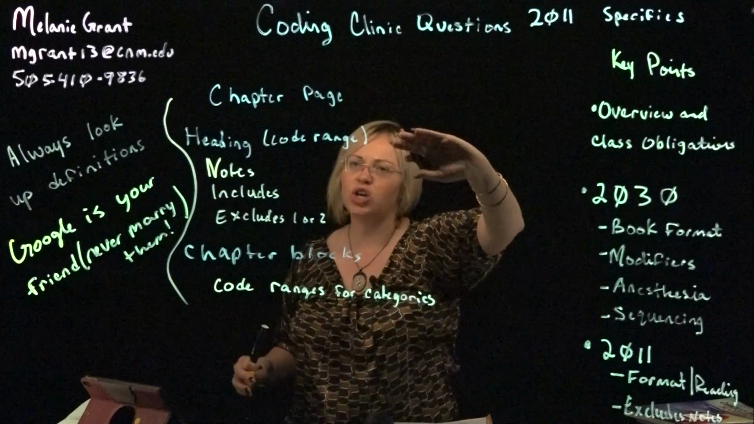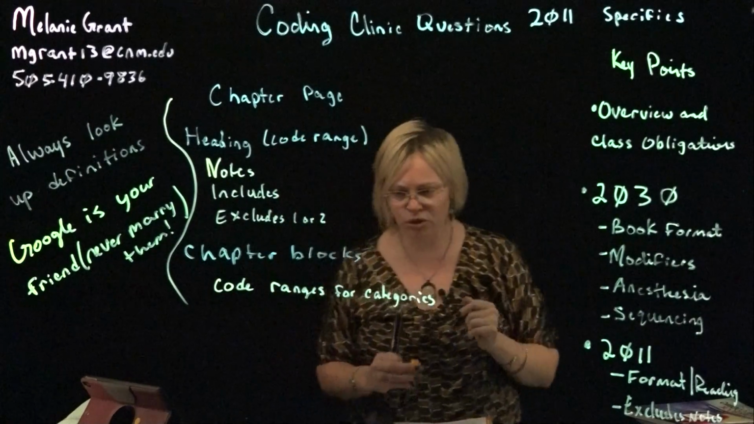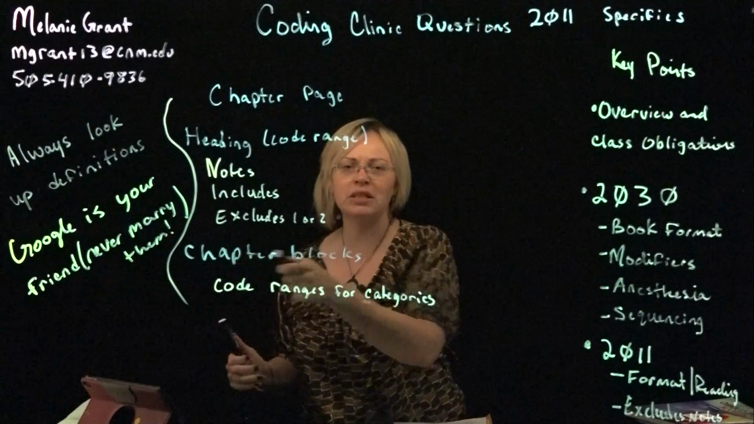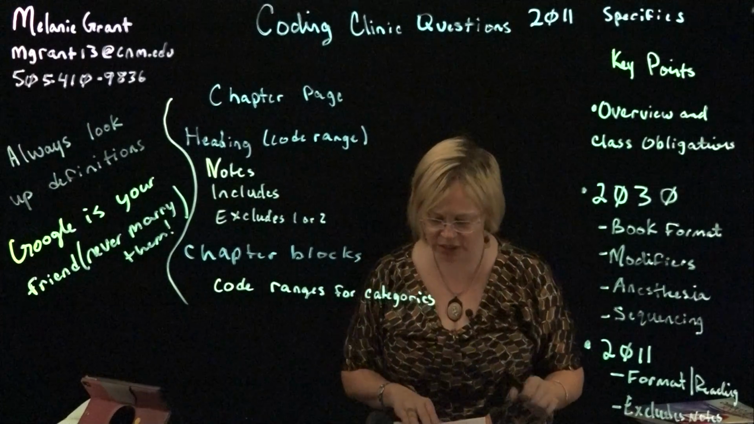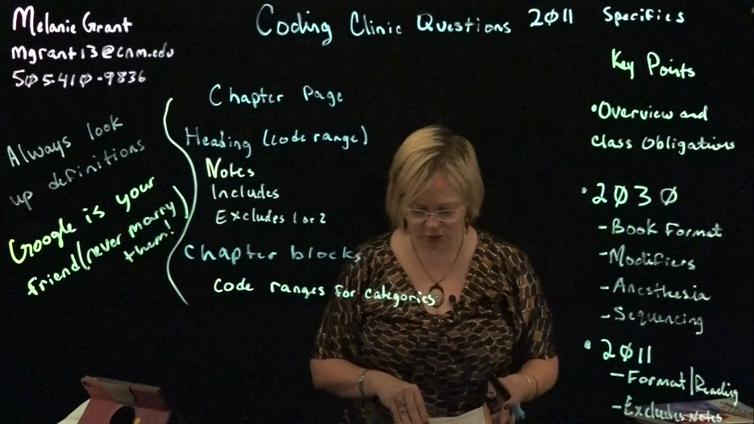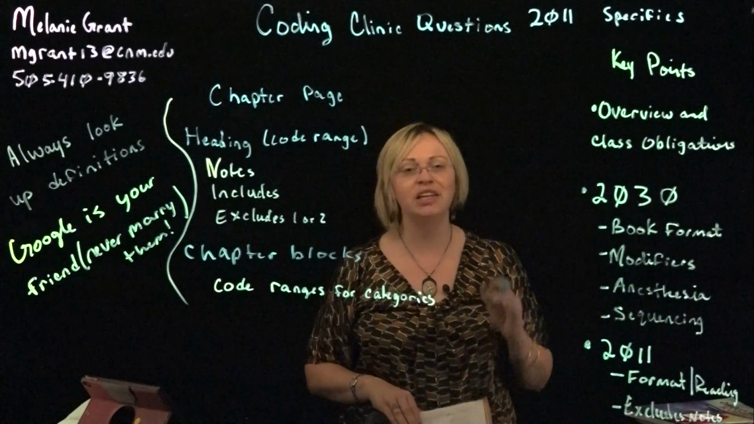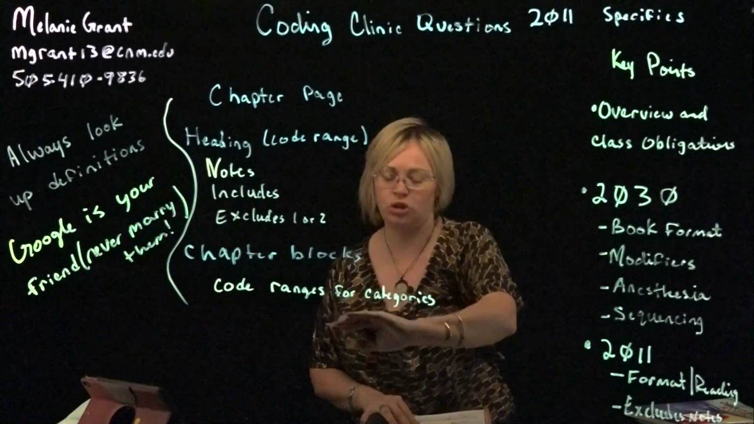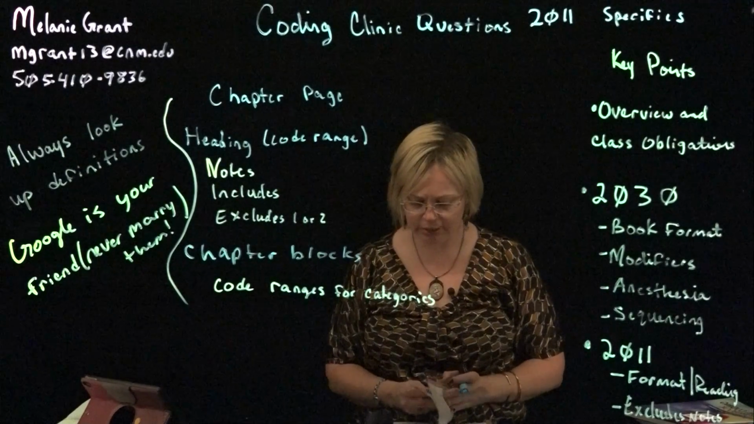So our chapter page, our heading, code range, this is where we find notes, includes, and excludes notes. And then we find where is the block for the code that we have. We find the code range for that category. So B08.1 falls under B00 through B09. We've established that, but the thing we have to keep in mind is we have to look at that code range. So I'm going to go to B00 through B09,